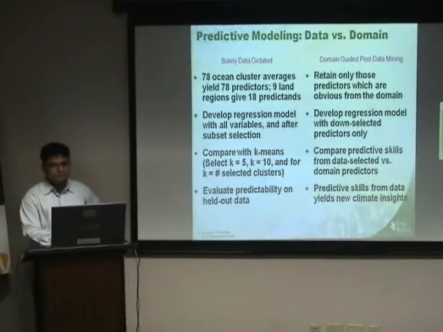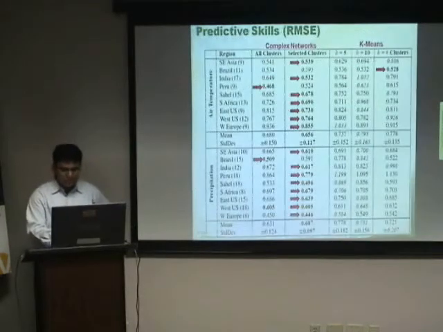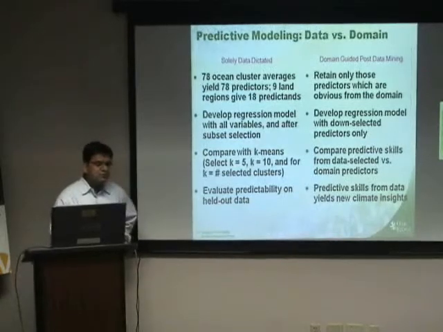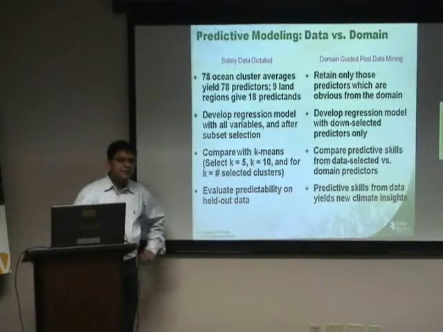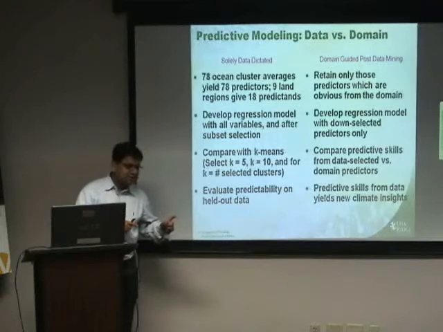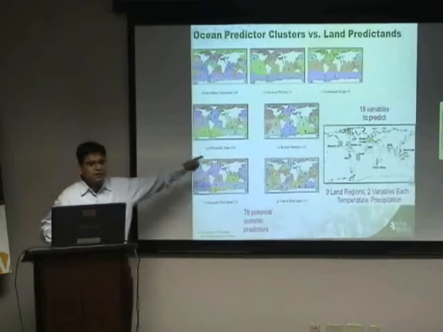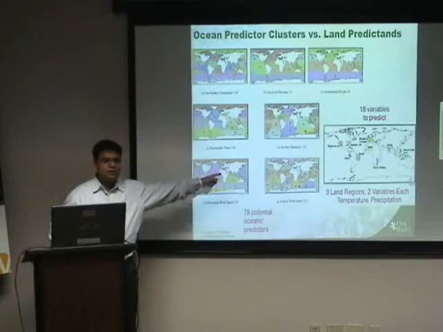And one thing that we did also is that we said, well, once we predict these, let's take a look at those again and see which of those predictors we would have used just from a domain or from a